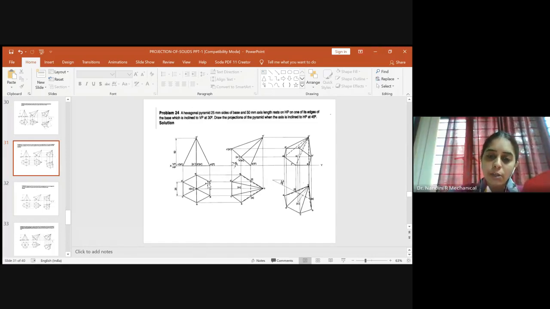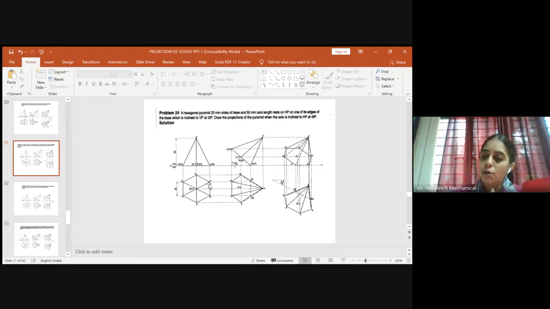So you can see in the screen also, you will be resting one of its edges towards your right so that the opposite edge will be lying towards your left. And it will not be resting on the corner since it is a problem in which it is told it is resting on one of its edge. Okay, so in that case, after positioning, if you view from the top, you'll be able to see the true shape of the base of the given hexagonal pyramid. And hence here you can see the true shape of the given hexagonal pyramid, right?